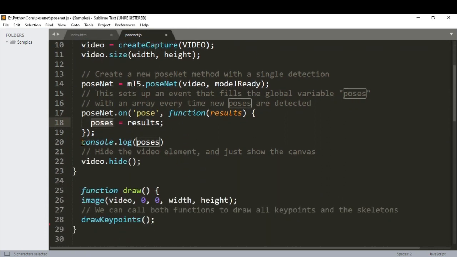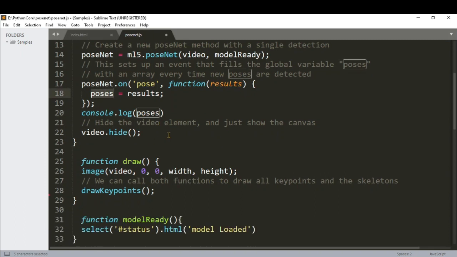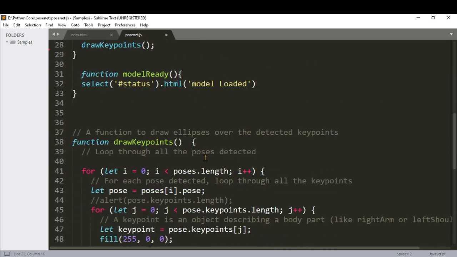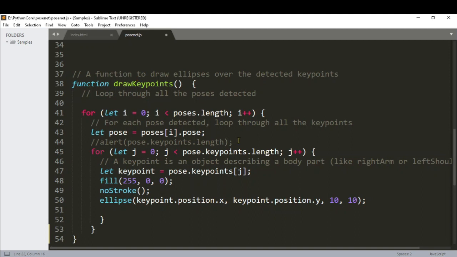And if you want, you can do a console.log of poses. So when you open the developer menu of your browser, if you open the console, you will be able to see what is there in this variable poses. Then we'll just hide the video, and then we'll draw the function. In the function, what we are drawing is the key points.